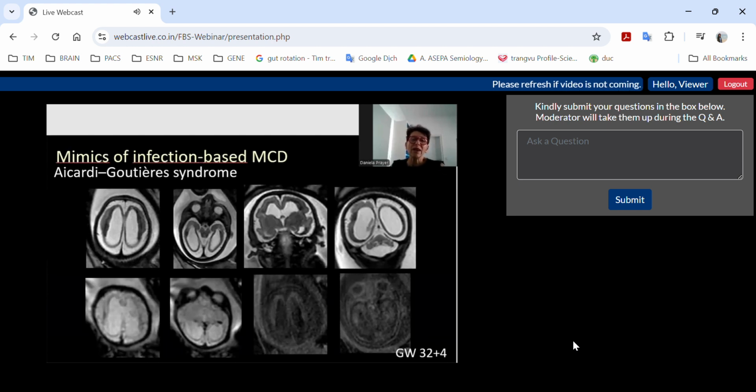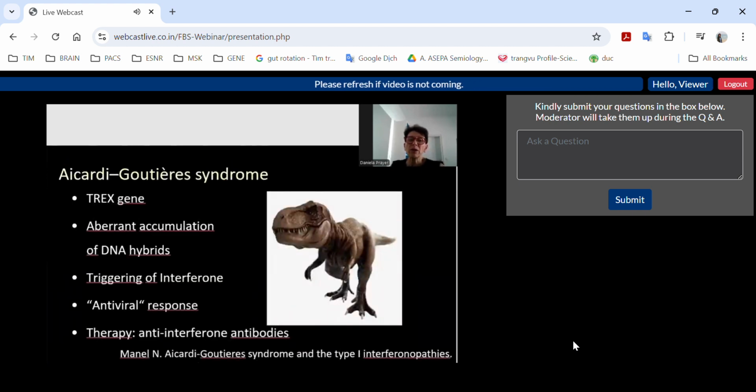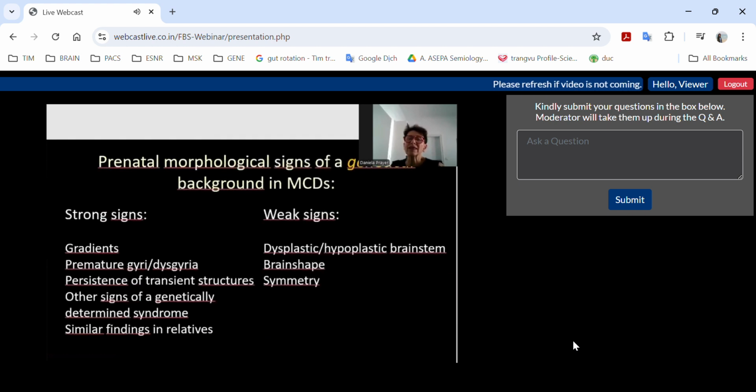Why you should think of Aicardi-Goutières or other so-called interferonopathies is that there is a therapy available, because anti-interferon antibodies may stop this development. And that's why it is worth thinking about. But let's move now to the